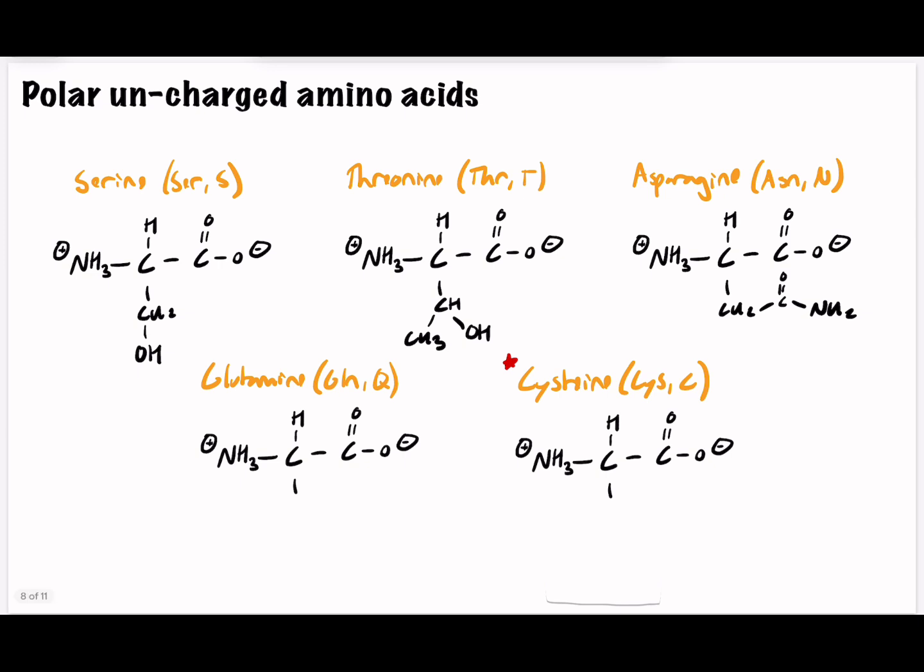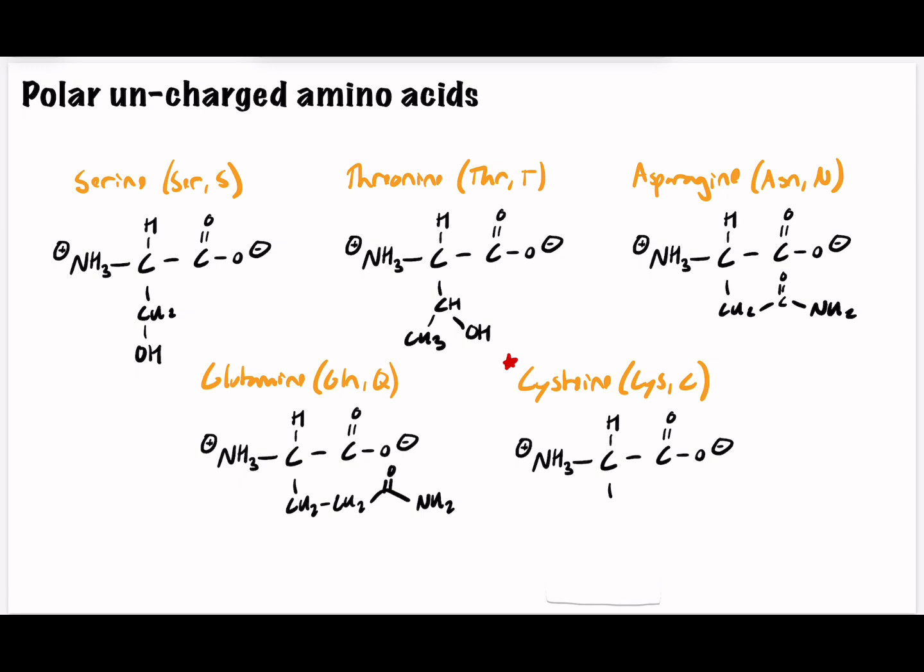Very similar to glutamine, which is three-letter code GLN, one-letter code Q. Not sure why it's a Q, but it is. Very similar to asparagine, just one more CH2 group. And there we go. All right, now we have cysteine, which is a little bit different because it does have